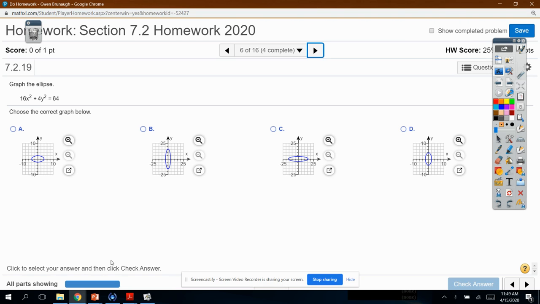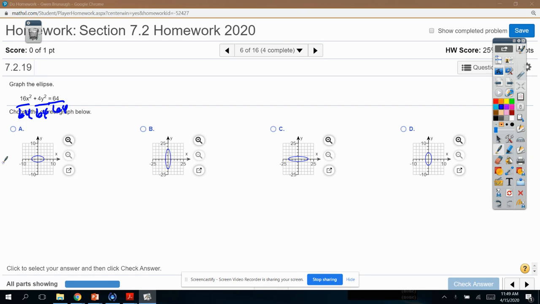All right, let's finish up the non-translated stuff and look at these ellipses here. Okay, now the rule with ellipses is that the equation has to equal 1. And since this equals a number, the first thing I'm going to do is divide everything by 64 and simplify those fractions. Most of the time it will crisscross like I kind of mentioned in the notes,